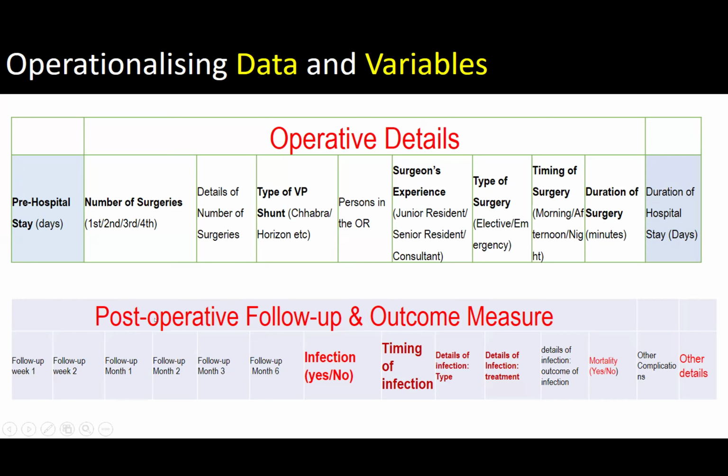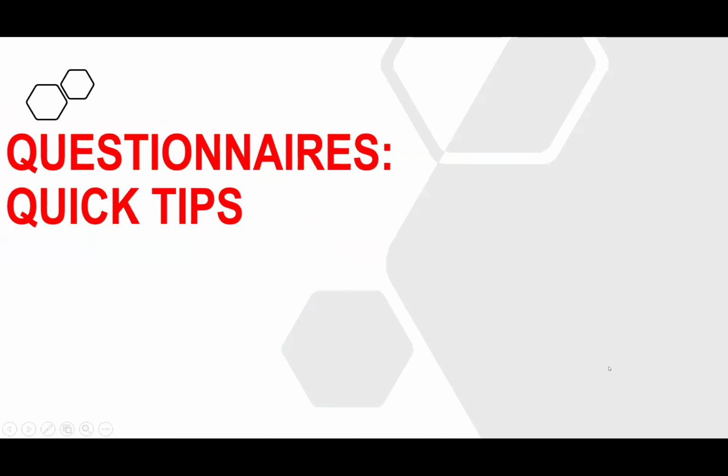You are trying to measure the infection rate at 3 months. So it doesn't prevent you from measuring maybe infection rate at 1 week, 2 weeks, 3 weeks, because this can help you to see how this varies with time. So therefore, you measure the infection rate at different periods, but you have to be very clear that your outcome is measured at the end of the third month, and you have to say if infection is present or not based on the definition of what you consider as an infection. And then, of course, you can also associate other secondary outcomes, for example, the mortality, and so on and so forth.